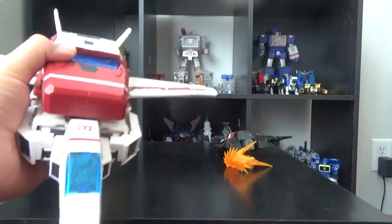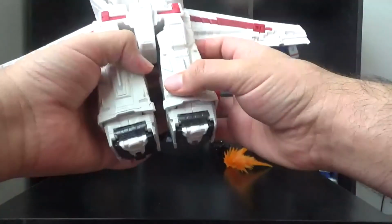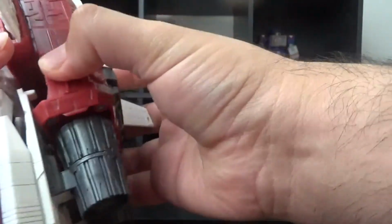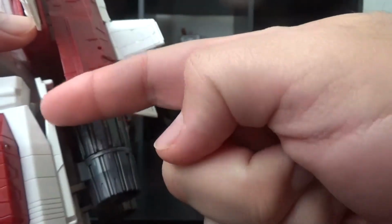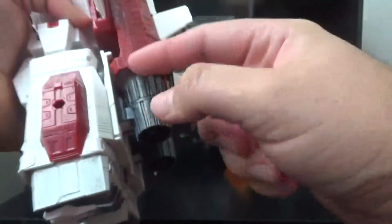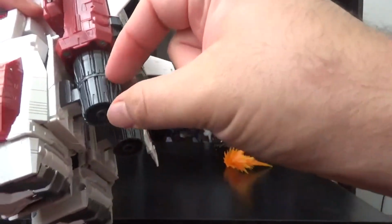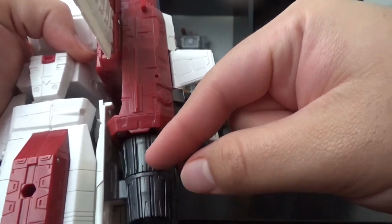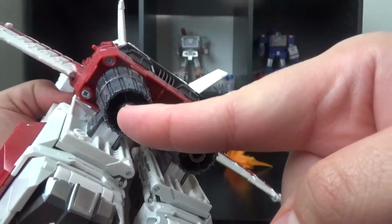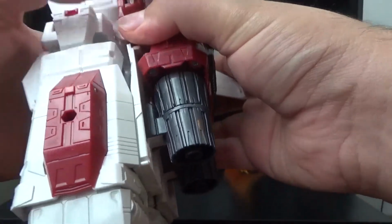All right, put you aside for now. And let's transform him. Let's start off down here, I guess. Now, on this part, there's a tab on this red part that will connect in a slot right here, as is true for this side as well. I can't find a graceful way to disconnect, so I kind of wiggle it out. Also, this bottom part of the exhaust connects to this part, with ports on this part connecting to this part. So while we'll disconnect this oh so gracefully,